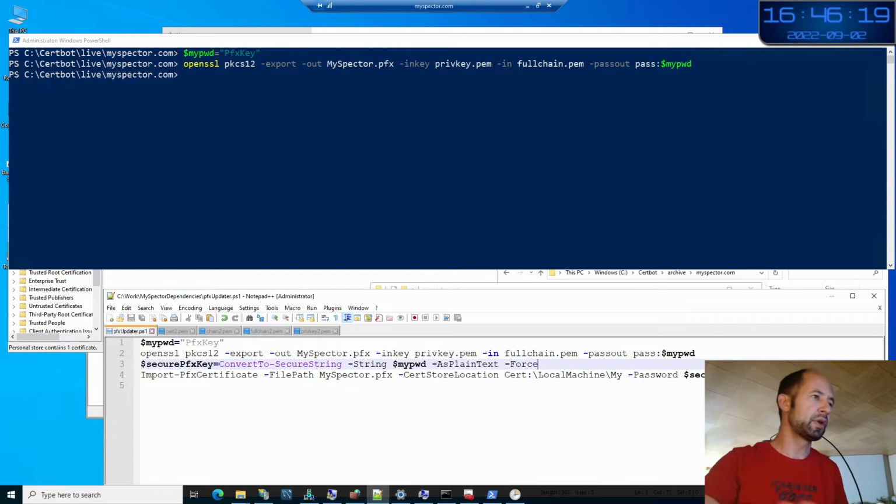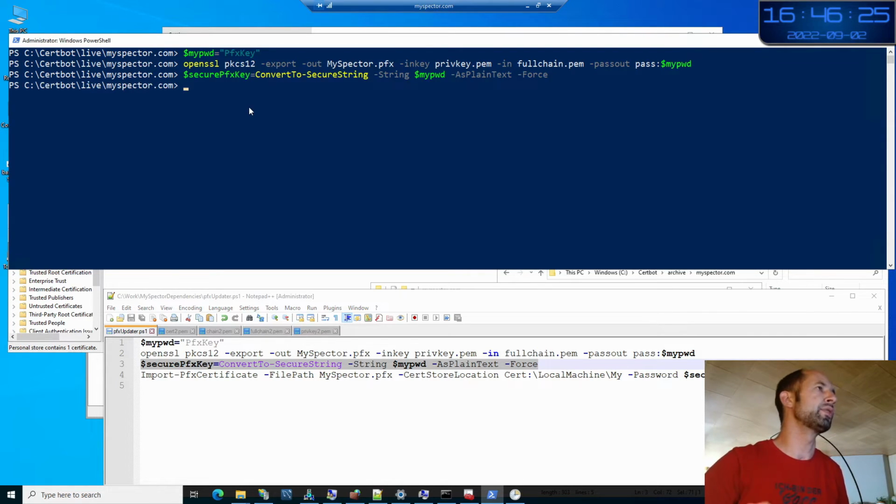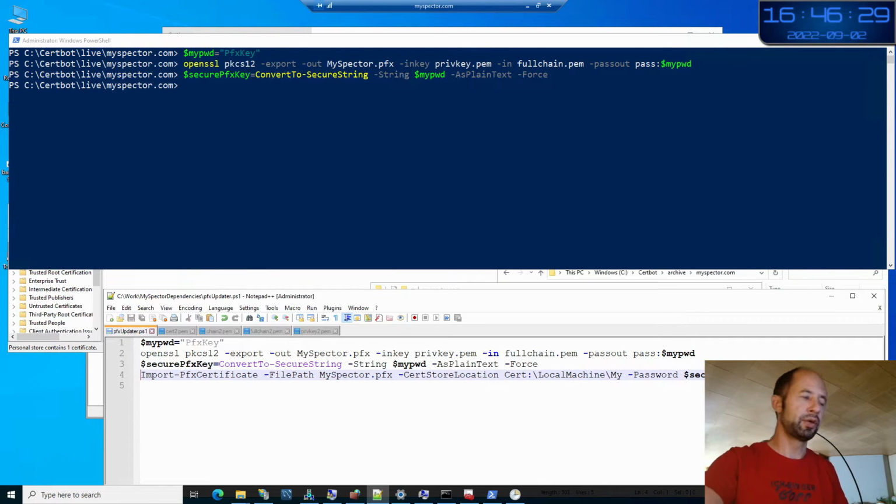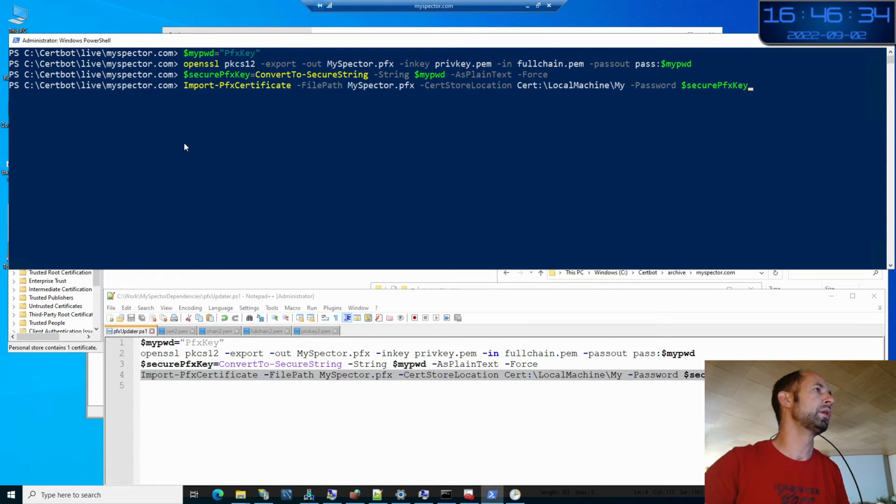To import it, I must first set a secure string, because the secure string is required to run the import PFX certificate as the last parameter here.